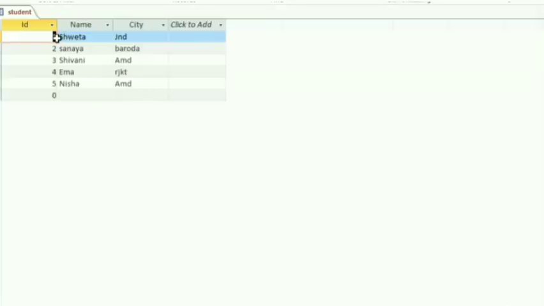So we check whether the record is inserted or not. So we open our access database, that is student underscore info. So you can use different statements to enter the data. So this way you see that the record is inserted, that is the